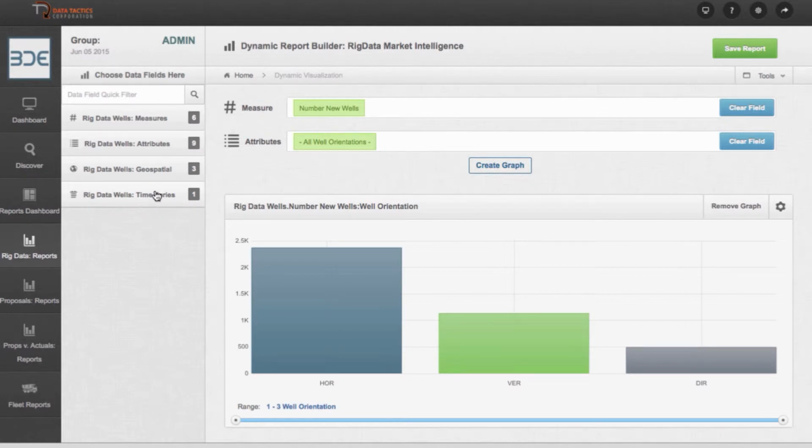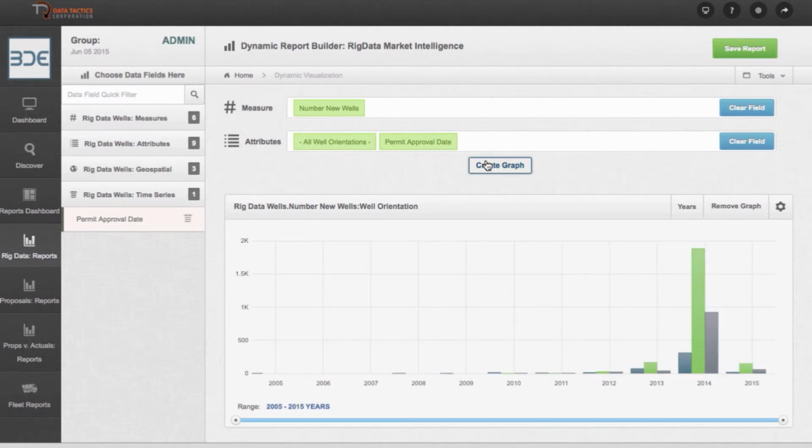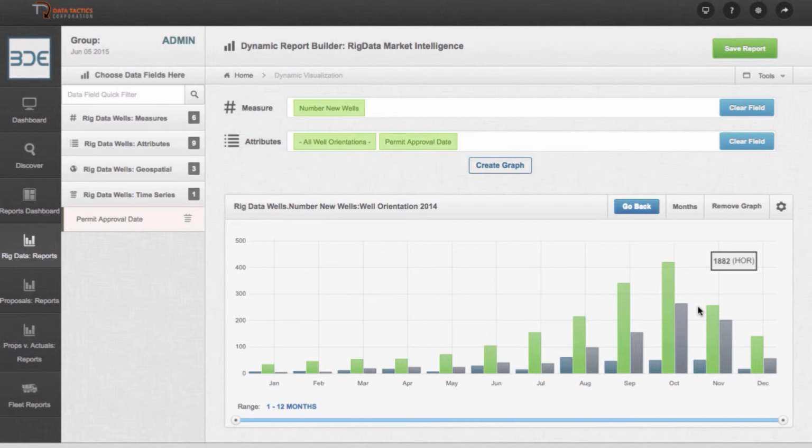So I want to view this information by the permit approval date, which is the temporal attribute we have in the data. So I simply click on permit approval date. You see that appears in the attributes section of the canvas, and I'll create the graph, and immediately you can see the most data I have is for 2014. I'll click on 2014 and I can see the distribution of the number of new wells by permit approval date,